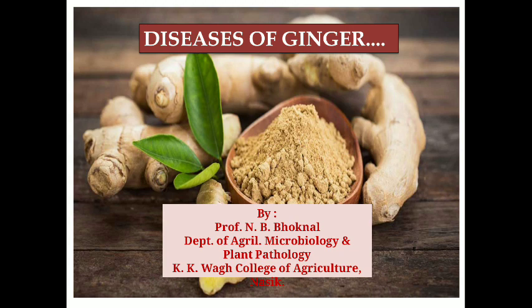Next crop, that is ginger. In this, only one disease is mentioned in your syllabus, that is soft rot. Let's see the introduction, then what are the different diseases which attack, how to identify it, how to manage it. Ginger is grown for its aromatic, pungent and spicy rhizomes. It contains gingerol with powerful medicinal properties, and all of you must be fond of ginger tea. So let's see the diseases.